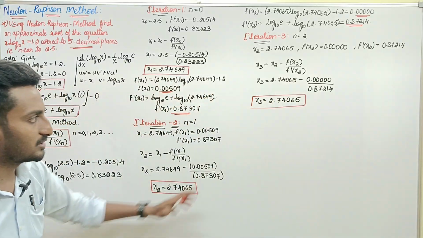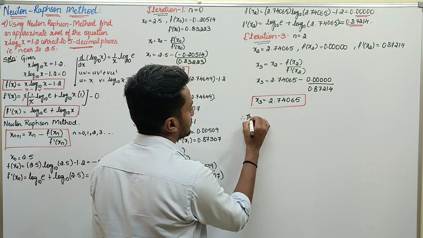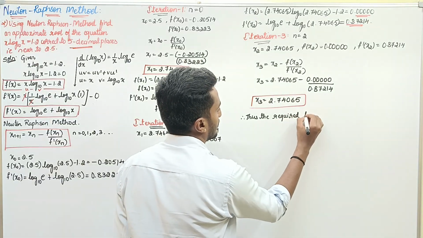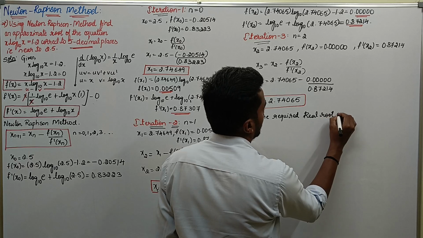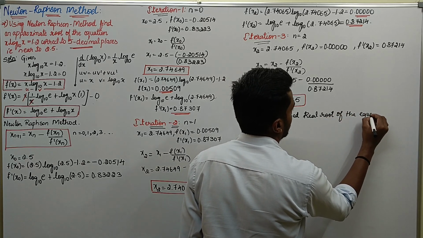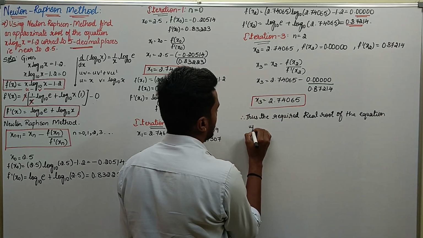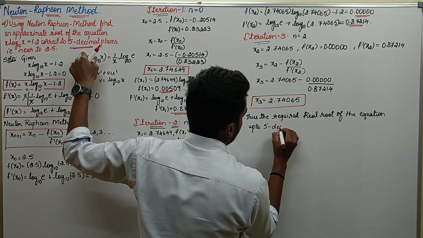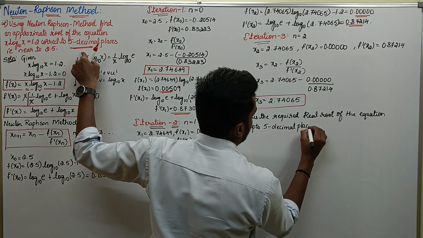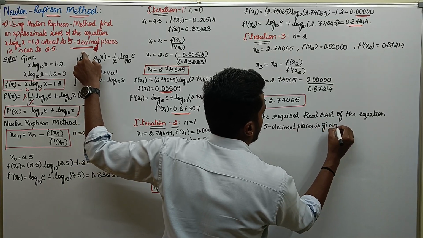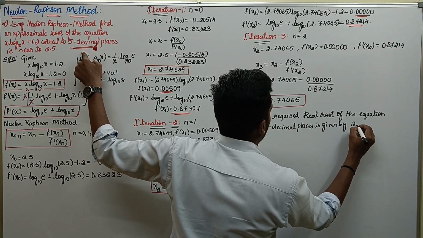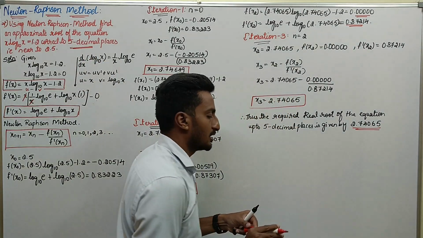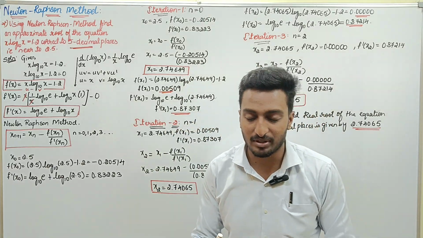See, with respect to x2 and x3, both are the same. Thus, you can conclude that the required real root of the equation up to 5 decimal places, they have given up to 5 decimal places, please remember, up to 5 decimal places is given by 2.74065. 1, 2, 3, 4, 5, 5 decimal places. Okay, if you write till here, you get 7 marks and you can score full marks